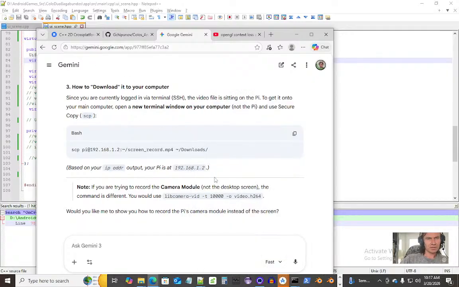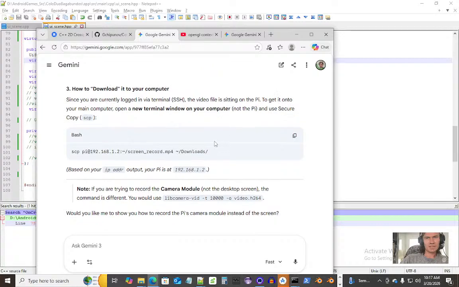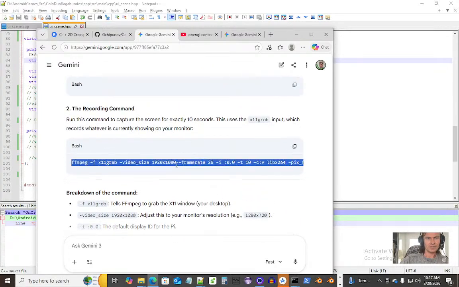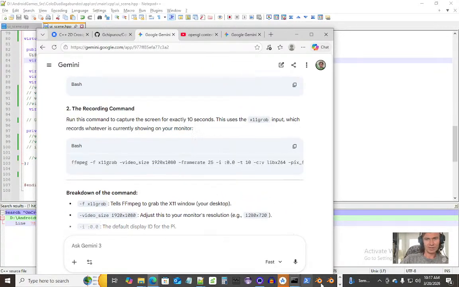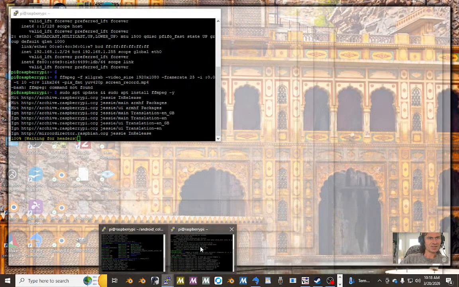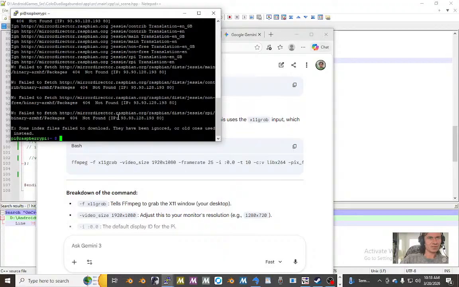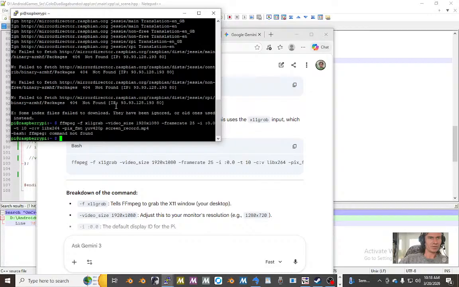Damn it. Okay. It's kind of bad to tell it about one class platform and then another. The AIs just get really confused, even if they're really good. Oh, not found. Cool. So FFmpeg does not work on the Raspberry Pi. It does, but